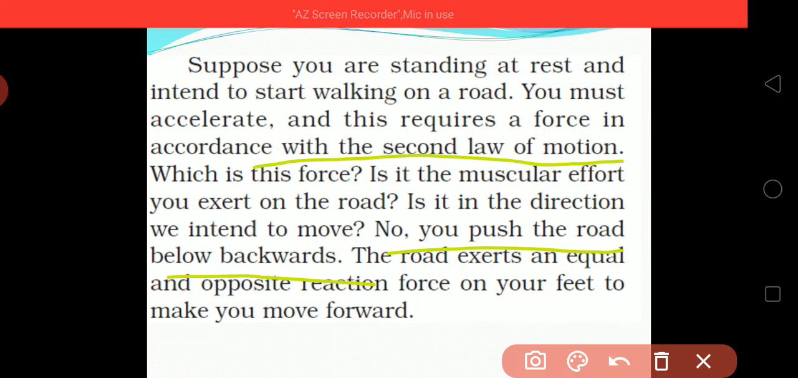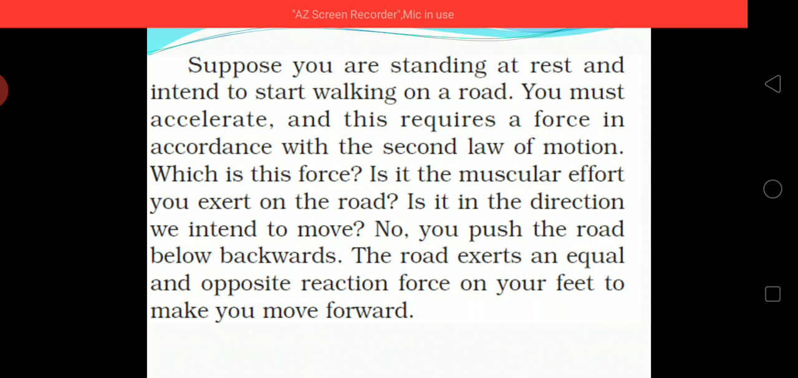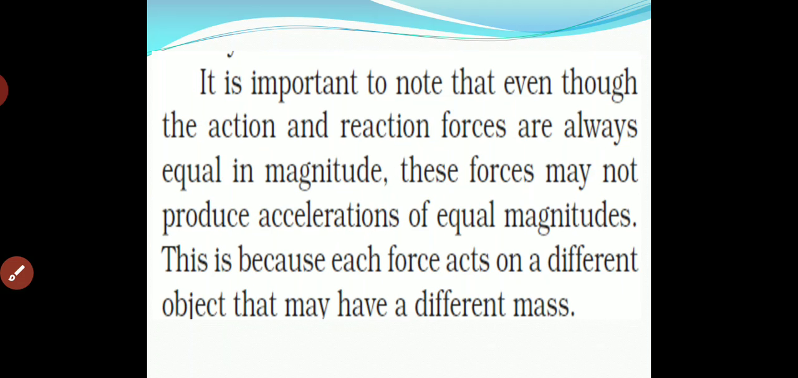We are giving a force below backward, due to which the road will give its reaction to the feet, and due to which a person is able to move forward. It is important to note that